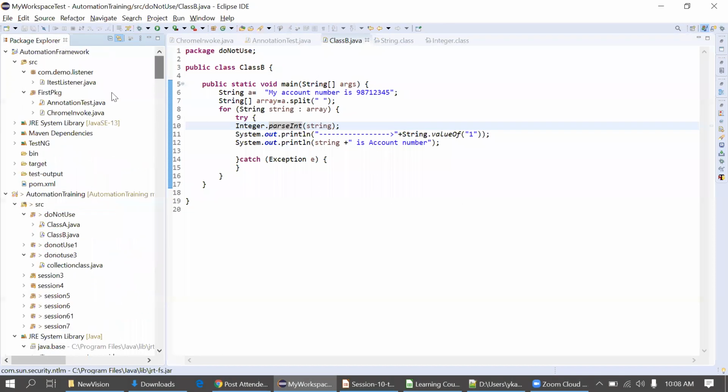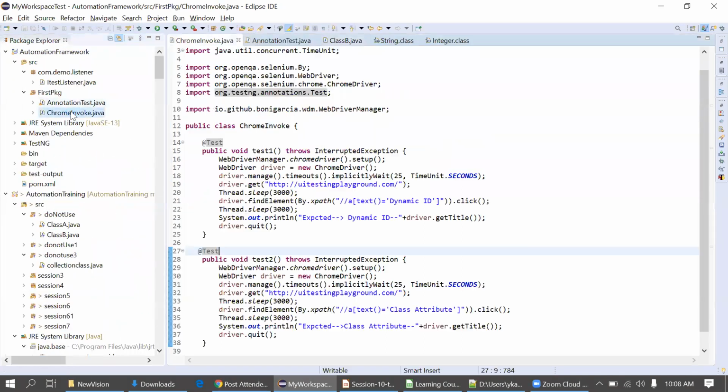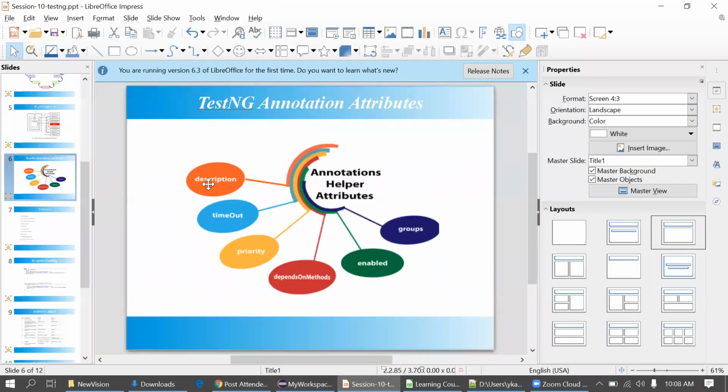With this @Test annotation, we can put the brackets and provide all these attributes there. Description means the test case description. Timeout means if a particular time passes, the test case should fail with a timeout exception. And priority we have seen yesterday, then dependsOnMethods, enabled, then groups.